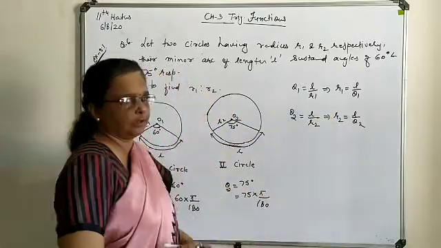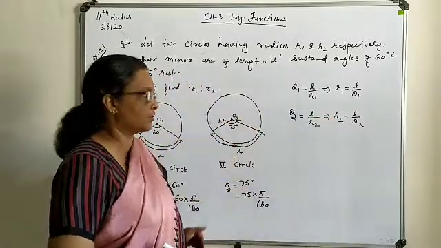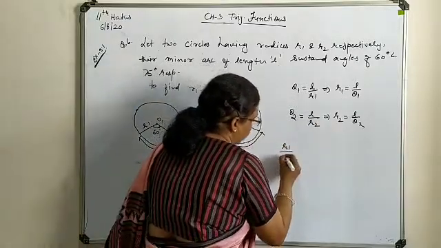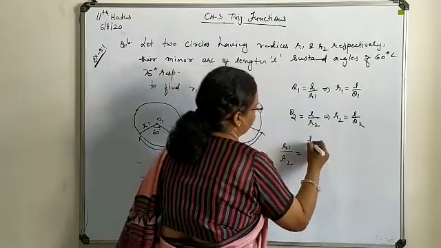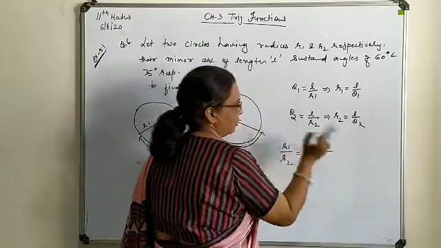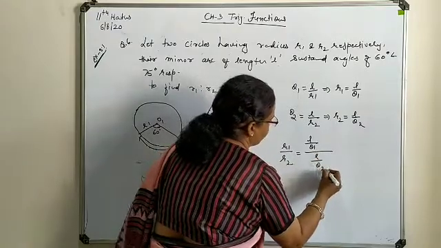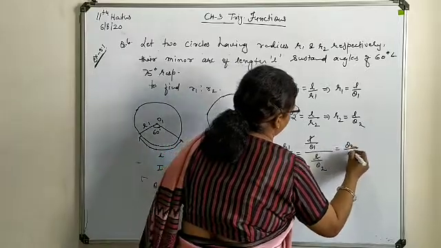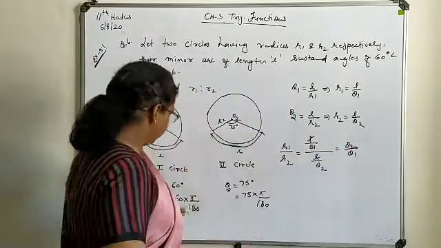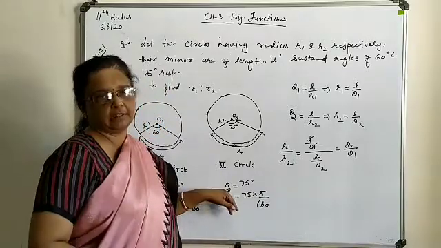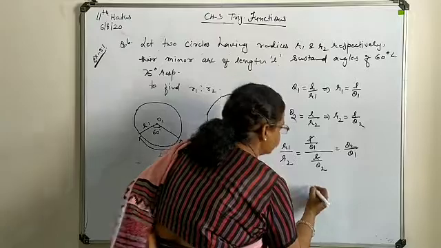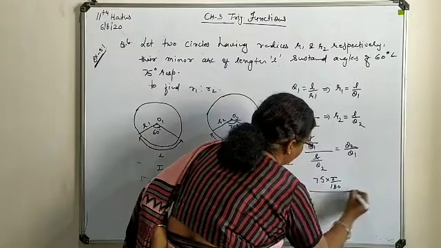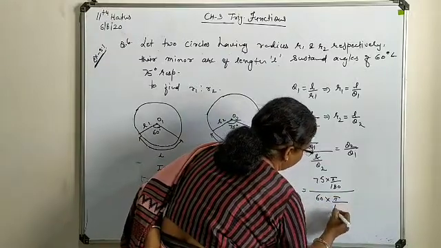What was our aim to find it out? Ratio of the radius, means R1 is to R2. So here in terms of the formula form we will write R1 is to R2. As such in the formula form we will write. At last we will substitute the respective values of thetas or angles. Here you can see your L and L will cut, this will be inverted and will give you theta 2 upon theta 1. Now we will substitute the values of theta 1 and theta 2 which we have converted in form of radians. So that will be theta 2 means 75 into pi by 180. This is 60 into pi upon 180.